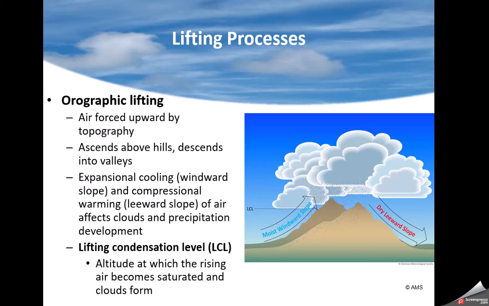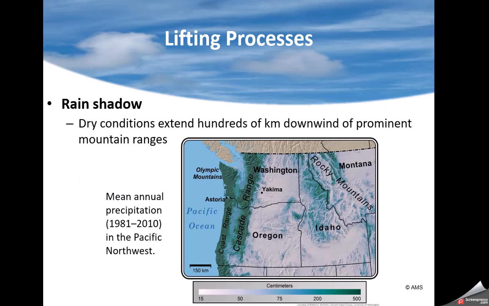Mountains can lift an air parcel. And there's something called the lifted condensation level. It's the altitude at which an air parcel, as it's rising, reaches saturation. And it is going to be the base of the clouds. There are rain shadows. If you go over mountains, I'll give you an example in West Virginia. The mountains in West Virginia run north-south, pretty much. Say I have a very strong east wind hitting those mountains. Well, that east wind is being pushed up on the east side of the mountains.